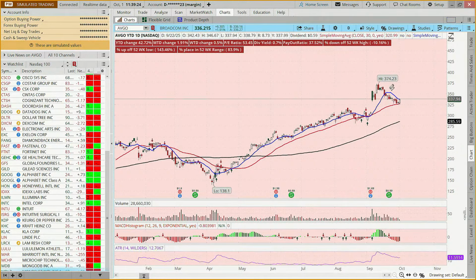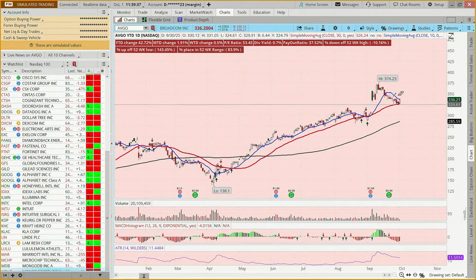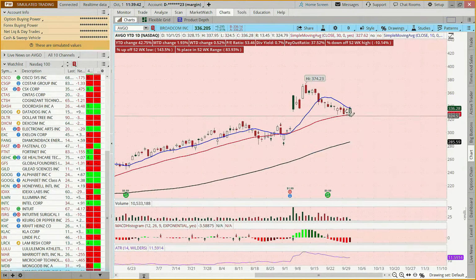And now it's come all the way back down to this 30-day moving average, which has been acting as a support level since it crossed this line back here in April. And so what's the advantage of buying something when it comes down and bounces off a support level? And when we zone in, yesterday could have been seen as an entry because we had this 2-day pattern called a Harami pattern at a support level. And this bullish Harami doesn't require confirmation, but we have a bullish engulfing pattern happening today.